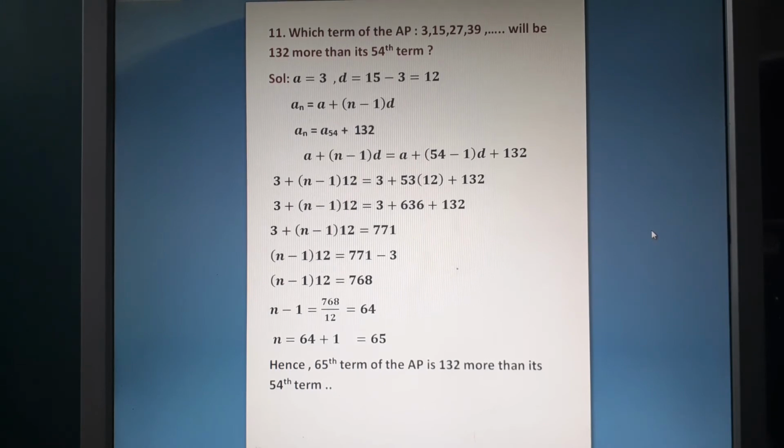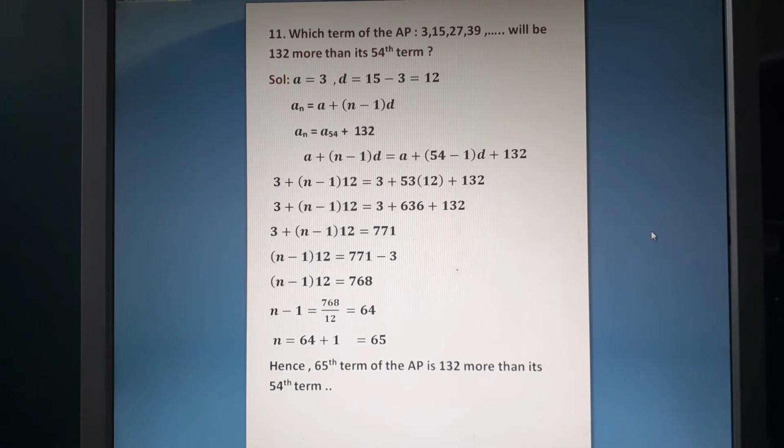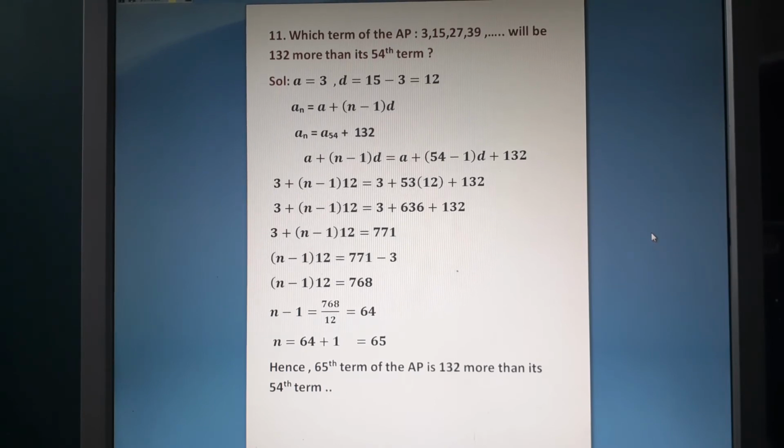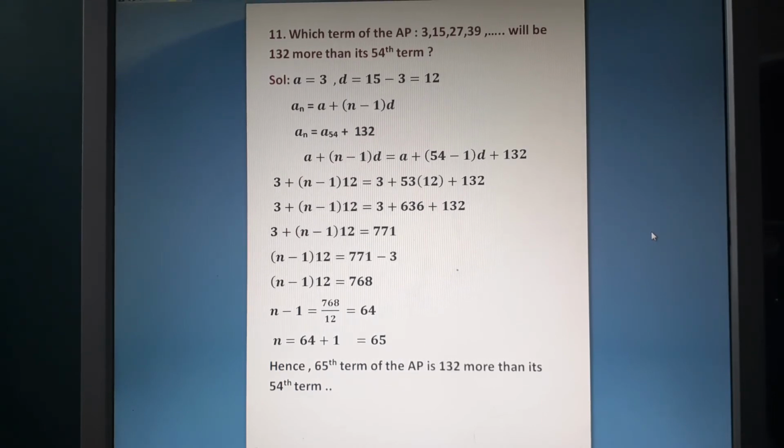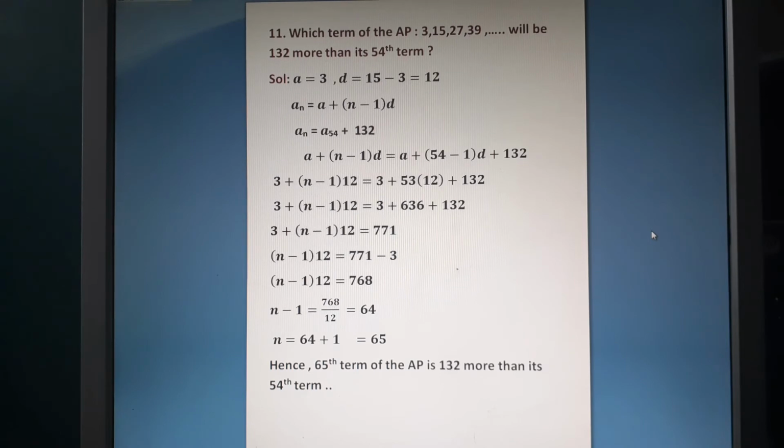So, A plus n minus 1 into D is equal to A plus 54 minus 1 into D plus 132. A is 3. So, 3 plus n minus 1 into 12 is equal to 3 plus 53 into 12 plus